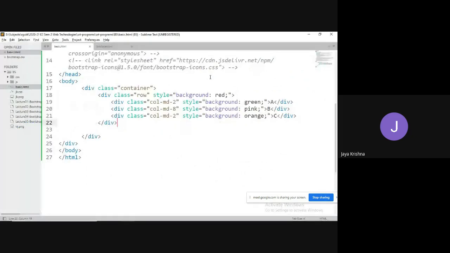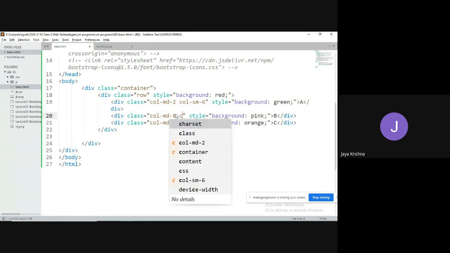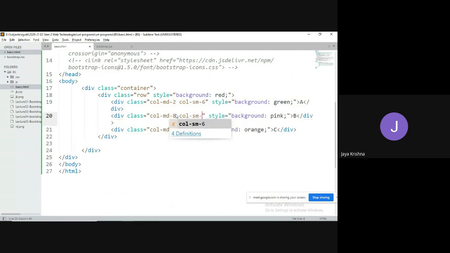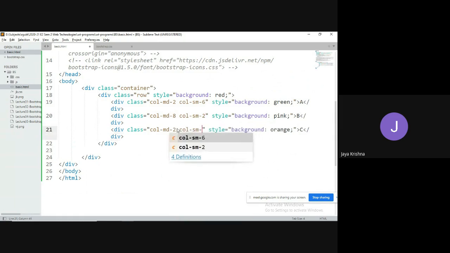I will write the code and explain. I will take one more class, col-sm-6. I think you have already understood that clearly. Col-sm-4. So observe guys, this is a particular column, and this is one more column.